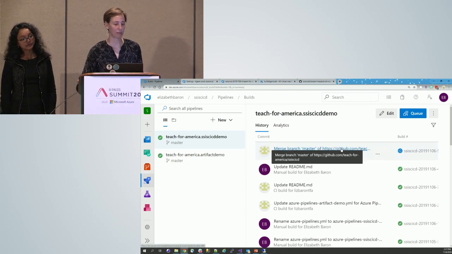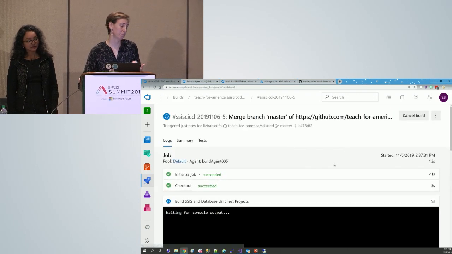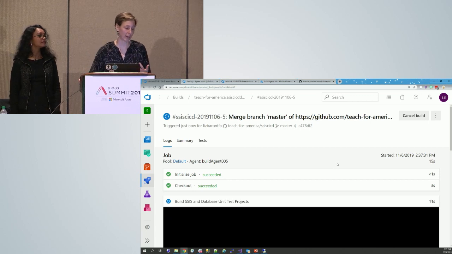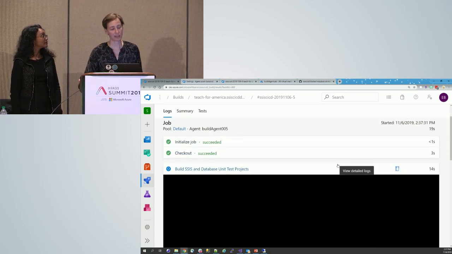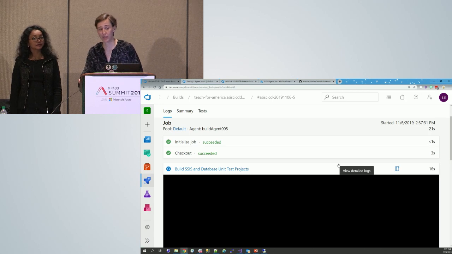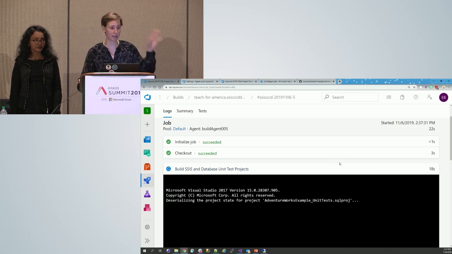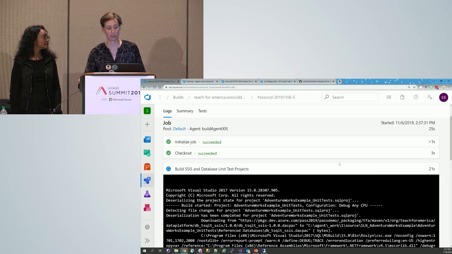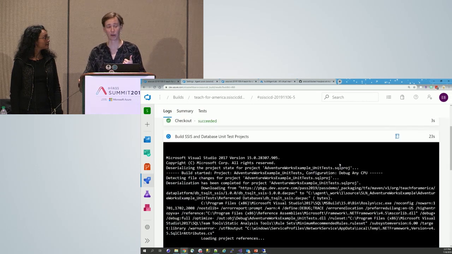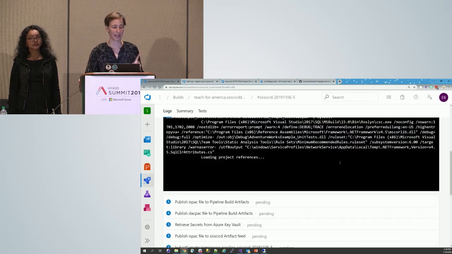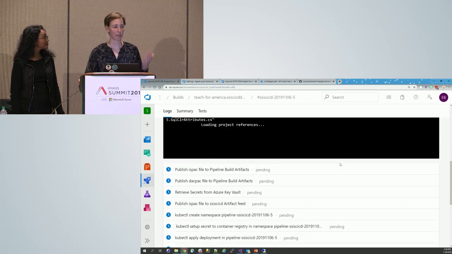It is doing basically what I would hope you, well, obviously never manually do again, but it's building our SSIS database unit test project, which we looked at and said, those are the business requirements. We need to change our package. It's building the SSIS project, which we did change to include the filter for Long Island area code. And then it's going to go do the whole thing, right? We're going to go through the whole thing.